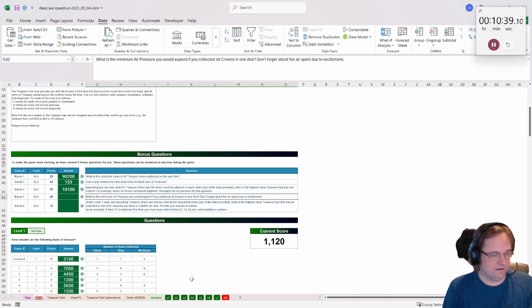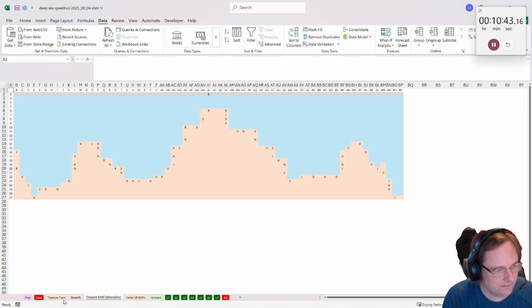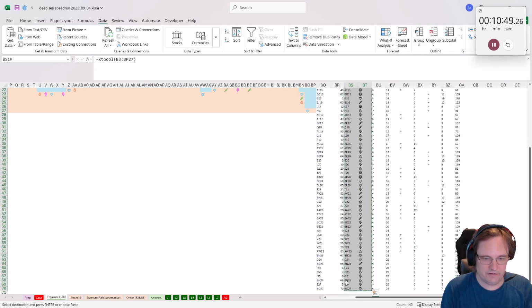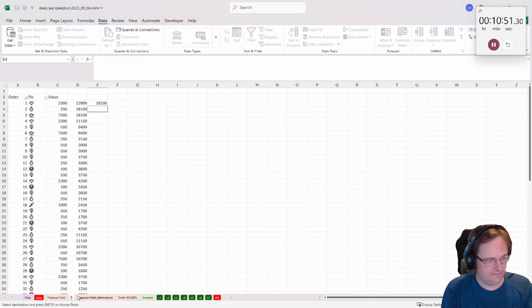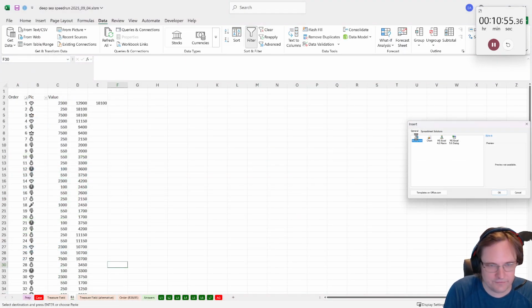All right, if you collected all the crowns in one dive. Well, let's see where the crowns are, and then let's make a plan to dive. So first of all, there's this. This I use for B3, right? But then I'm gonna make a new sheet for B4,